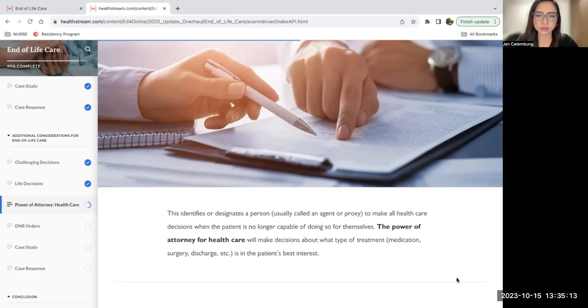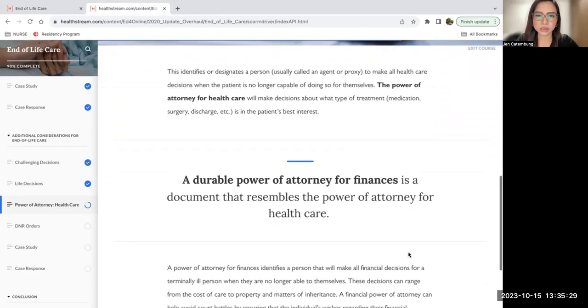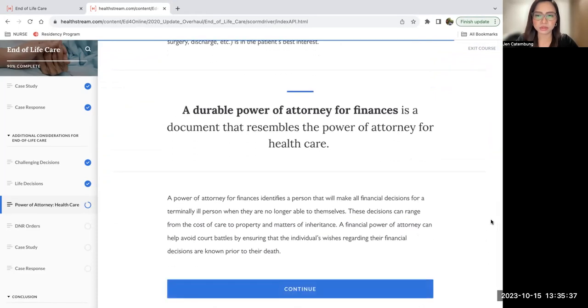This identifies or designates a person, usually called an agent or proxy, to make all healthcare decisions when the patient is no longer capable of doing so for themselves. The power of attorney for healthcare will make decisions about what type of treatment, medication, surgery, discharge, etc., is in the patient's best interest. A durable power of attorney for finances is a document that resembles a power of attorney